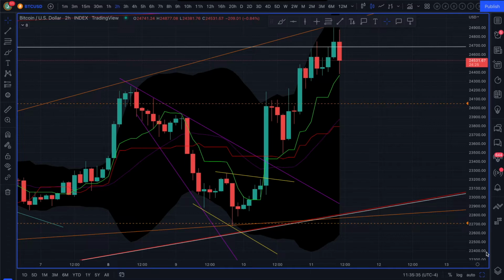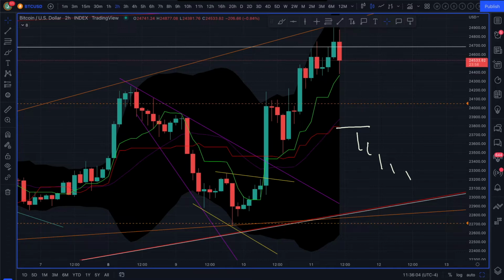Okay, here we've got the 2 hour on Bitcoin. You can see this large gap that's been created between the lines on the Ichimoku cloud. And this one is going straight, and this one's opening, and this is that whale mouth I was telling you about. So it's basically pulling into here, and quite honestly, it's probably going to go below this line here, but we don't know yet. We'll figure that out.